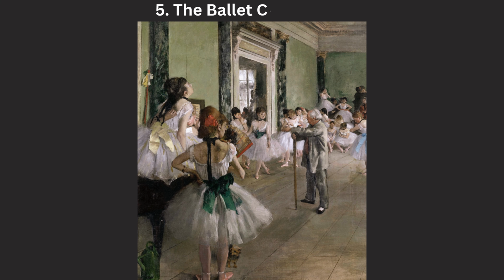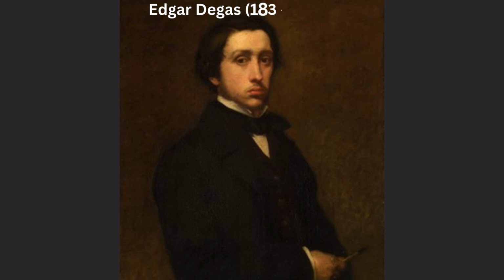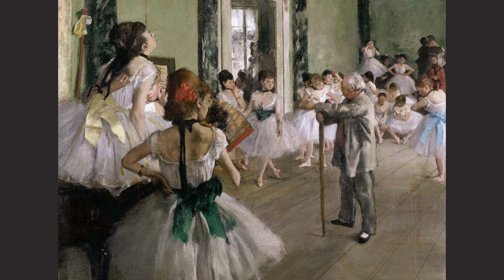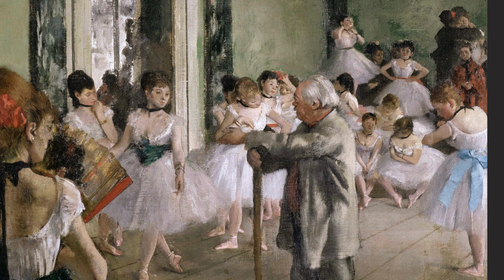The Ballet Class by Edgar Degas. Edgar Degas was a member of the Impressionists, but he detested being referred to as such throughout his career. As seen in his world-famous Ballet Class, he didn't enjoy painting outdoors and much rather preferred to be called a realist. This scene depicts a ballet class given at the Paris Opera by a man who was presumably his friend,